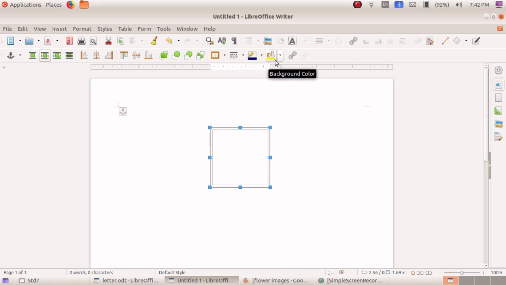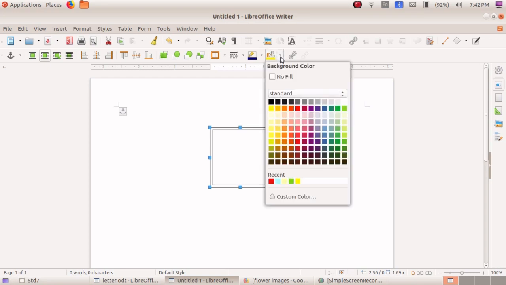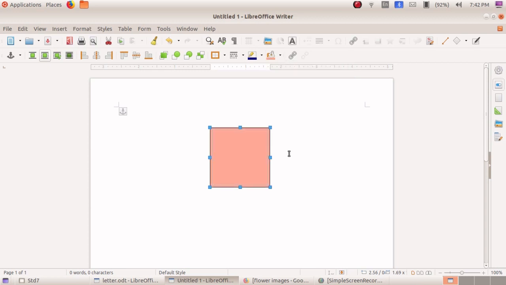Here, one background color tool option is here. Near this tool, one arrow mark is here. Just click this arrow mark. Different colors are displayed here. Just click one color, and your background color will be changed.